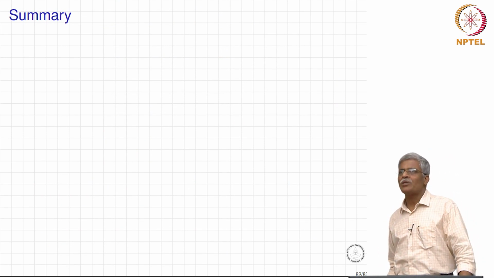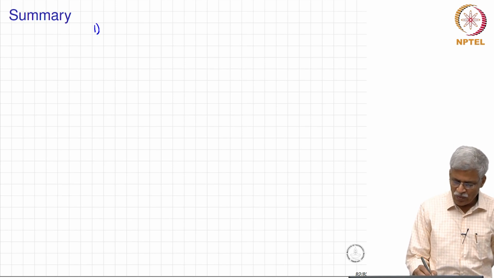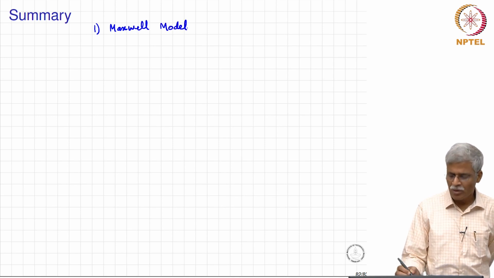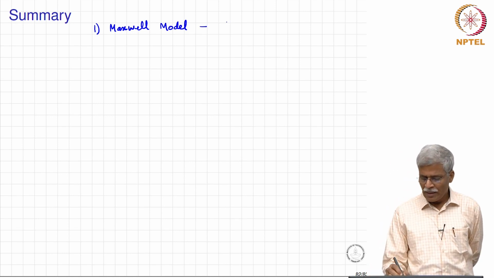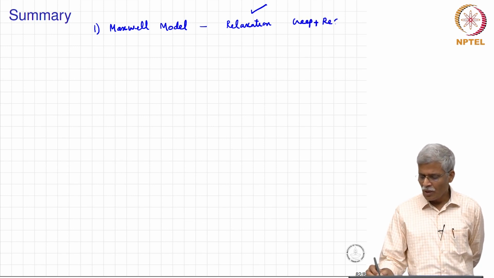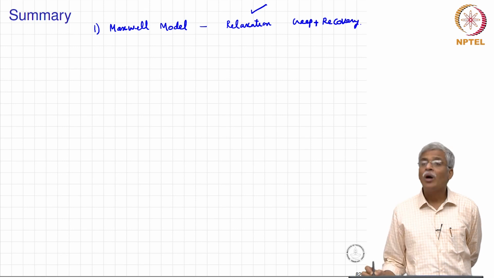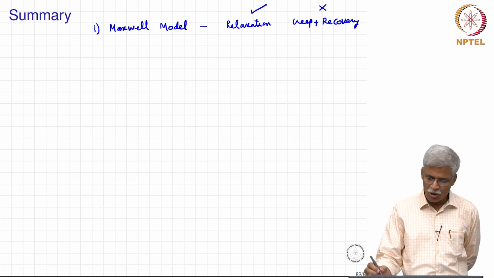So, let us summarize whatever we discussed in this particular series. So, we discussed the Maxwell model, we wrote the constitutive expressions for the Maxwell model, and we showed that it will do a very good job of explaining relaxation, but when it comes to creep and recovery, whatever we prescribed about what a viscoelastic model should exhibit, it will not do a good job.